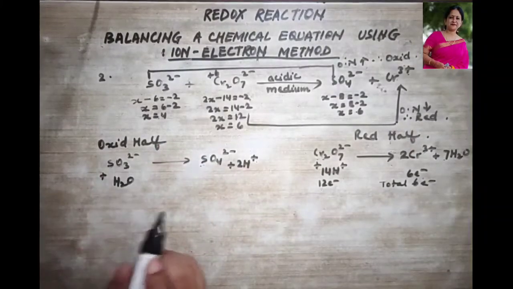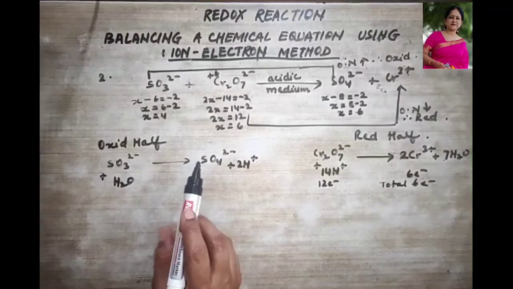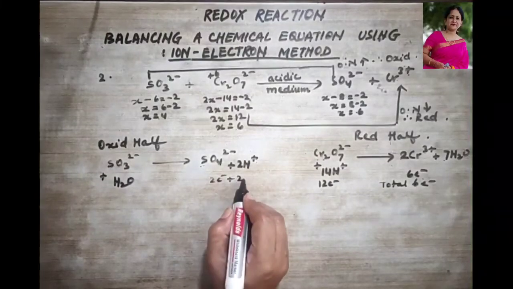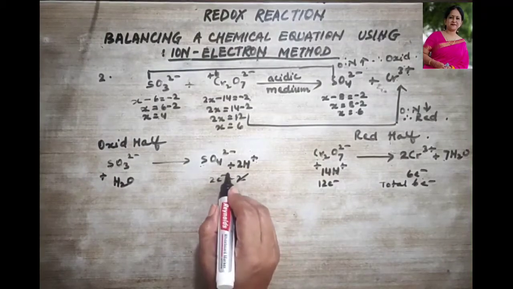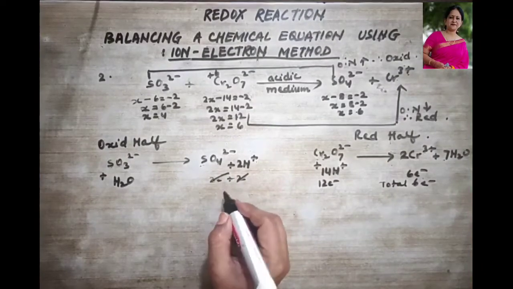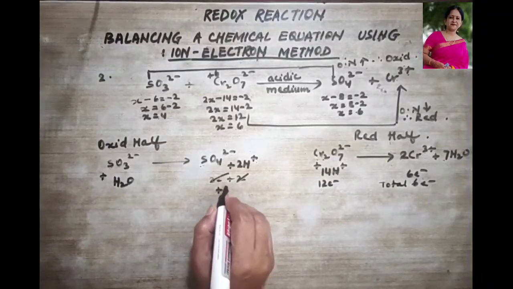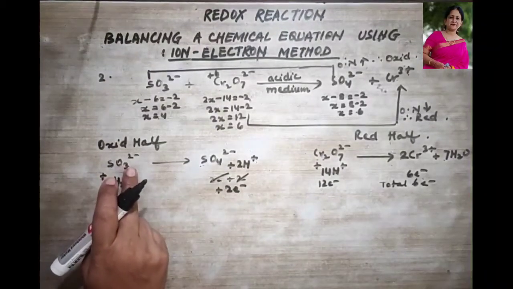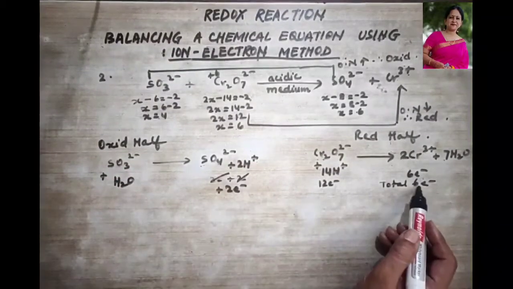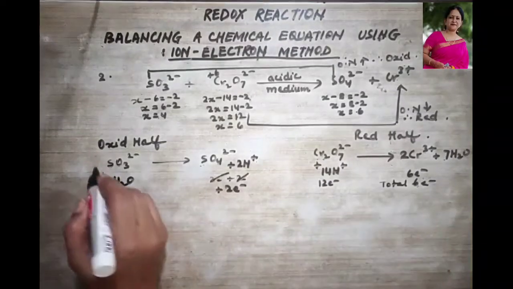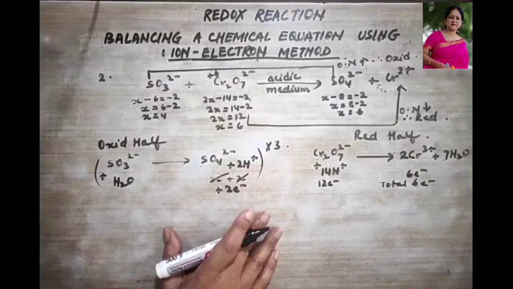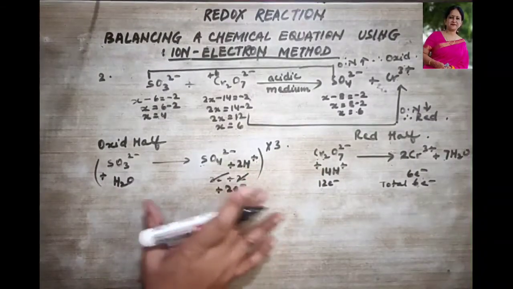Now we have to see the charges. Here the electrons are how many? 2. And here how many electrons? 2 electrons to this electrons plus 2 positive electrons. So that means they both get cancelled. And therefore over here what have we to do? We have to add 2 electrons because over here there were 2 electrons. Okay, but this side how many electrons are there? 6 electrons. So we need to multiply the whole equation by how much? 3. Right?